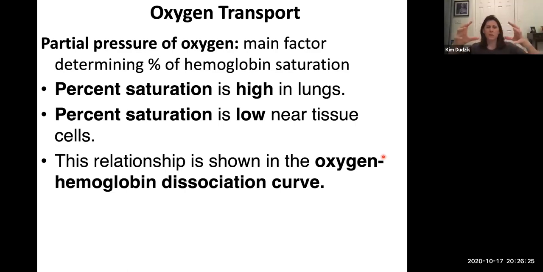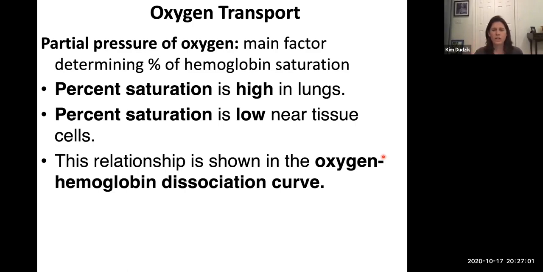Okay, so again, at the lungs, the partial pressure is high from the lungs to the blood. So there's an affinity of hemoglobin to oxygen. So we get the binding of oxygen, and therefore we get oxyhemoglobin. When the blood courses around to the capillaries where our tissues are, the partial pressure of oxygen at the tissues is low. So that facilitates the release of oxygen from hemoglobin. Okay, and so we reduce hemoglobin and oxygen moves into the tissues.